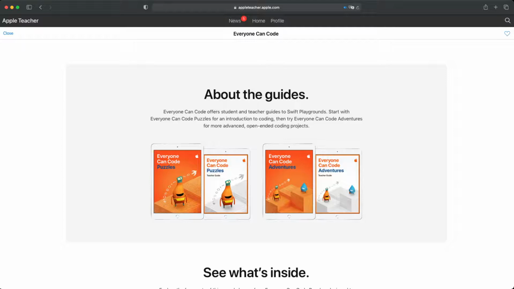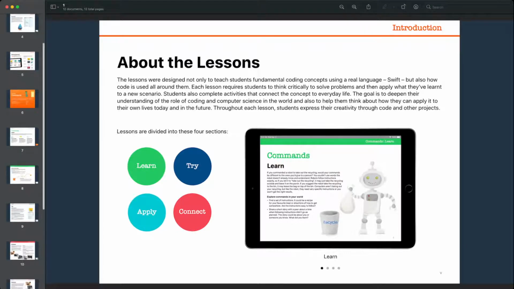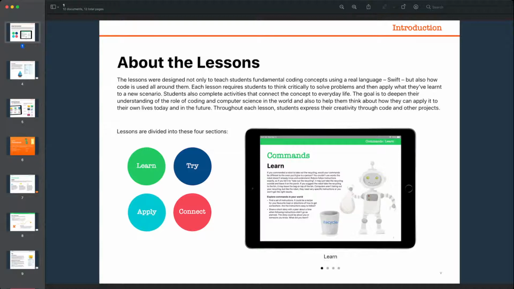So now we're going to go and look inside the Everyone Can Code Puzzles teacher and student guides. So let's have a look, shall we? Now, you'll see here I've got a variety of pages for us to look through. Do not worry, I'm not going to read all these pages to you. That is not what we want. I'm going to talk briefly about the features of them and what we're looking for as teachers to get us